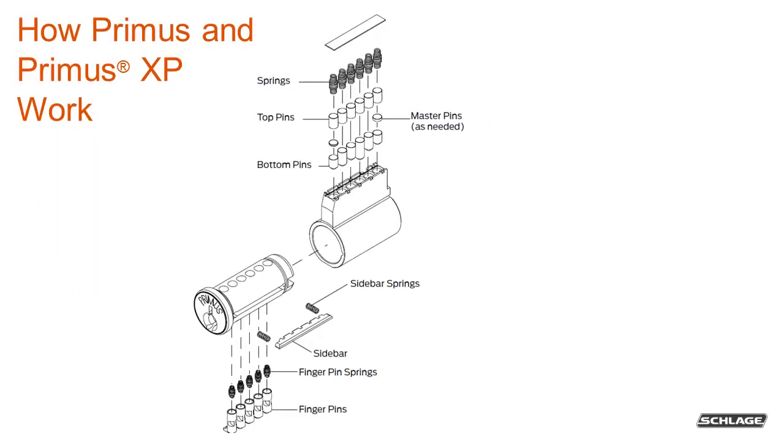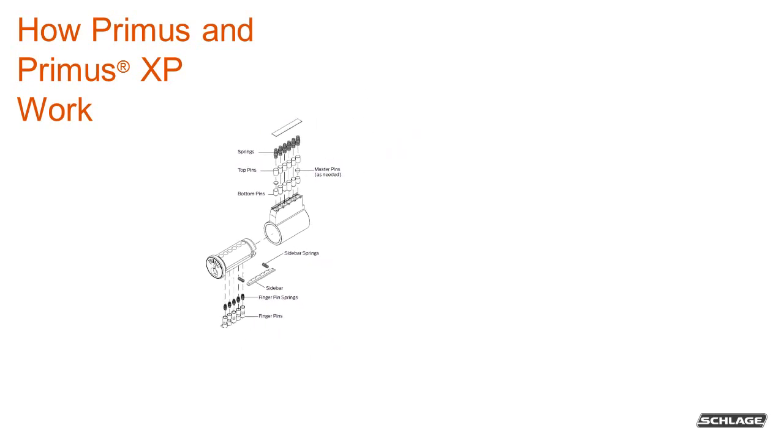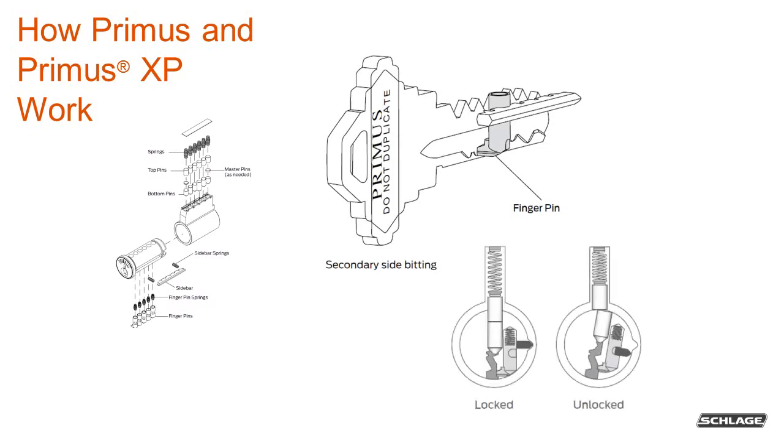While Everest and Everest 29 are keyway families, Primus and Primus XP are technologies. The Primus XP cylinder is a conventional Schlage cylinder with a few modifications. A sidebar and finger pins are added to the conventional cylinder to provide additional security. The Primus or Primus XP key has a secondary bitting on the side of the blade to accommodate the finger pins. When the key is inserted, each of the side bit cuts lifts the finger pin and rotates it